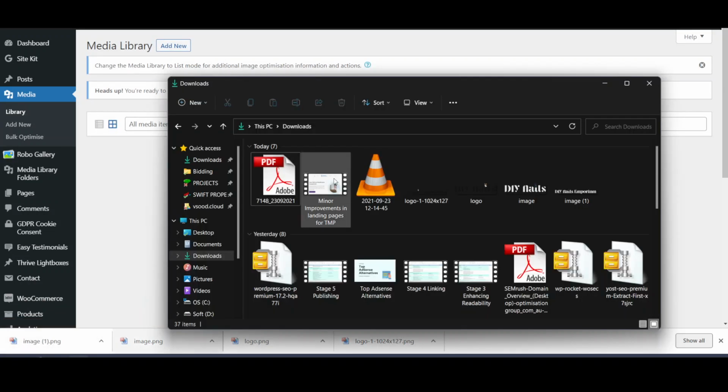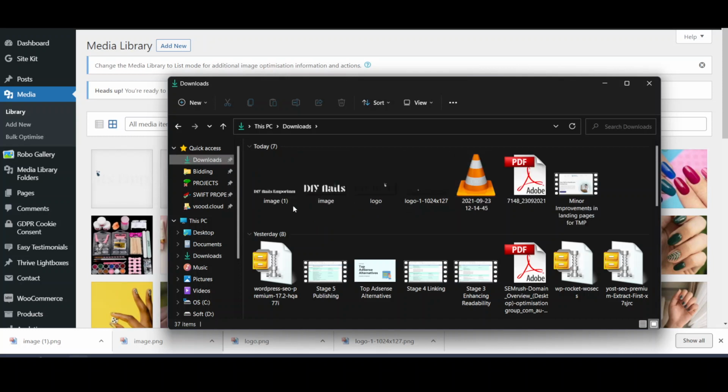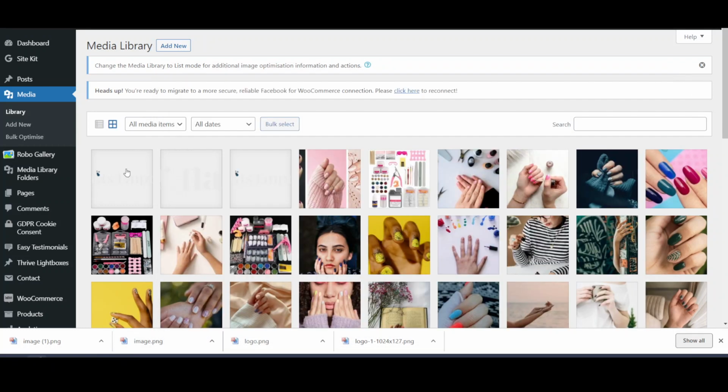I think we have to change the names of the files. Names are I think already changed, so why is it not uploading? Let me try it again. Okay, it has already uploaded them.